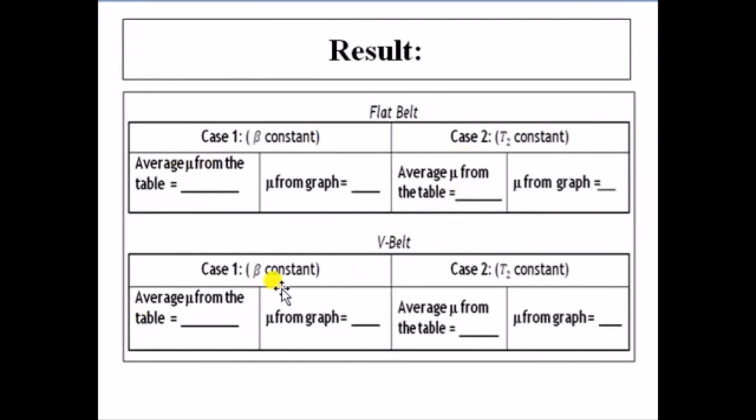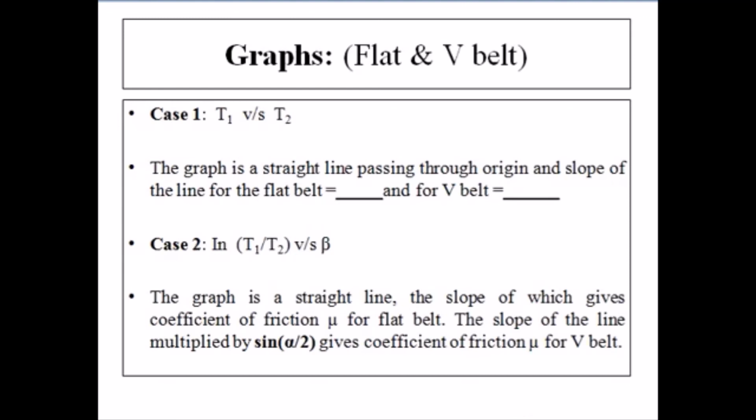In the result table, you can see the average from table 1, table 2, table 3 and table 4. Now we also have to draw graphs. In the results, you also draw graphs. For the first case, both for flat belt as well as V belt, the graph will be plotted for T1 versus T2. In the second case, the graph will be plotted for ln of T1 by T2 versus beta. This ln represents the natural log,